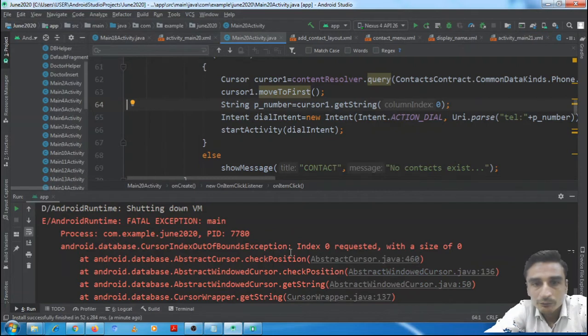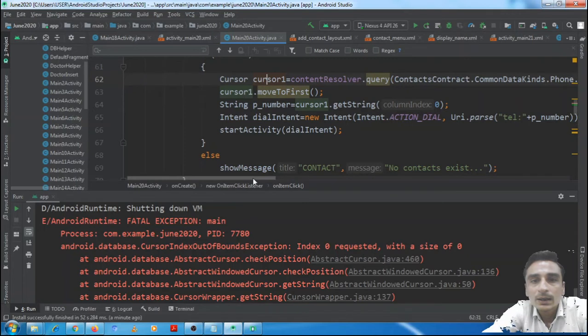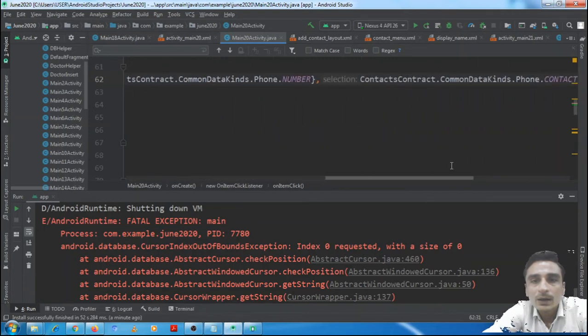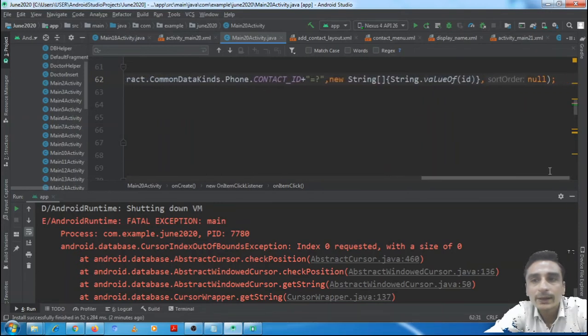Cursor index out of bounds exception. Index 0 requested with a size of 0. Cursor1.moveToNext, cursor1 contentResolver.query, and we have passed the criteria equal to the value of ID.